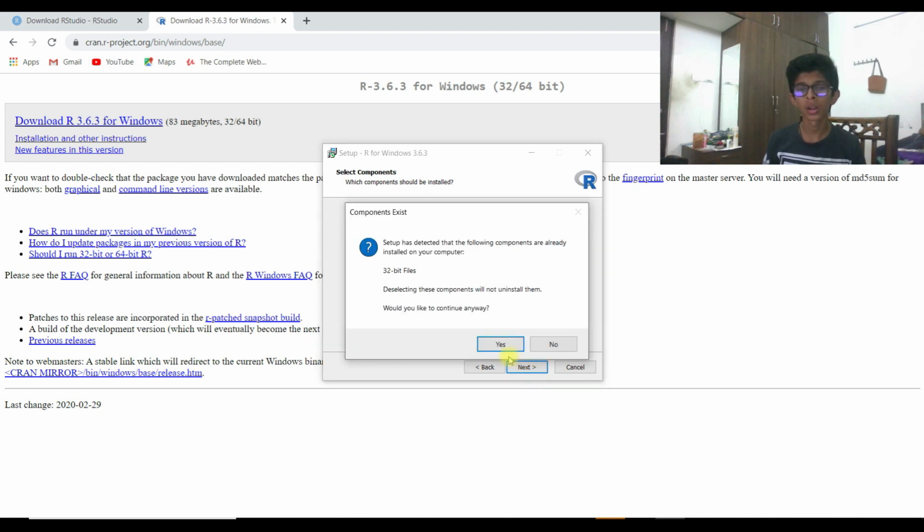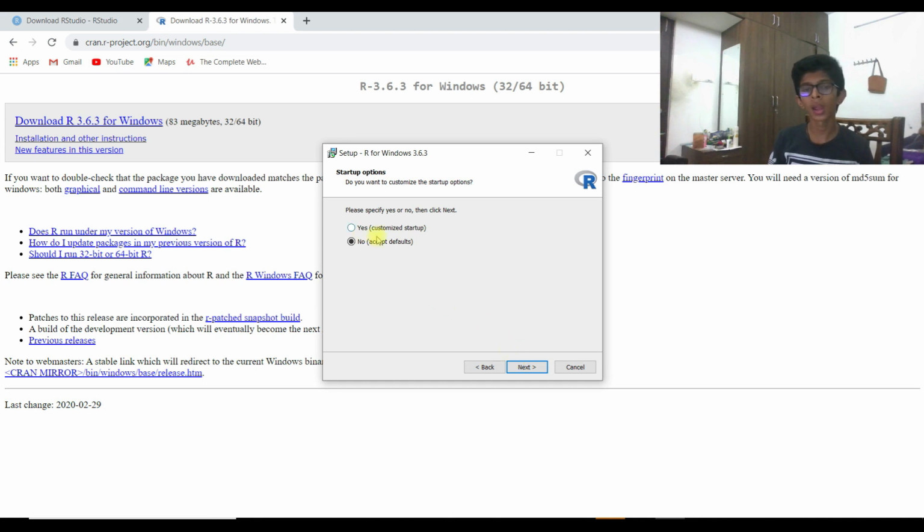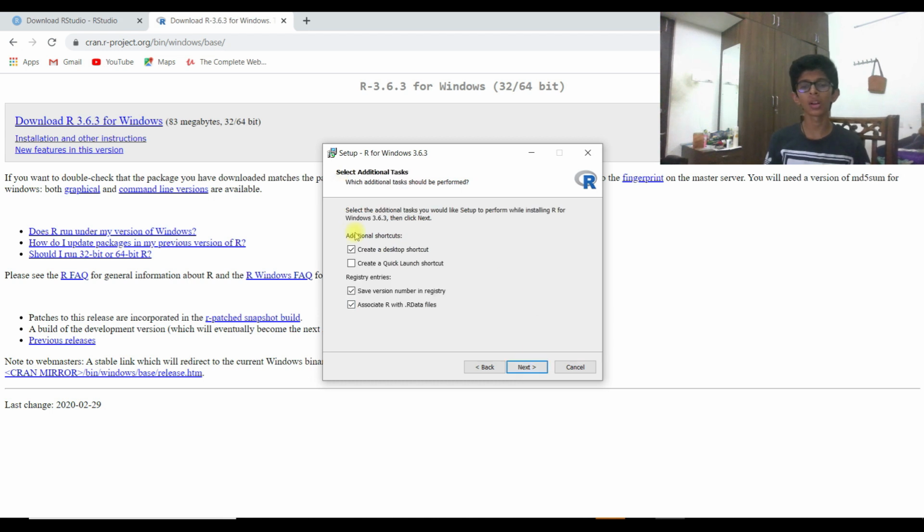I chose not to accept the defaults. If you are good at data science and want to customize, you can, but I am not good at that, so I'm just choosing the defaults option, and then yes.